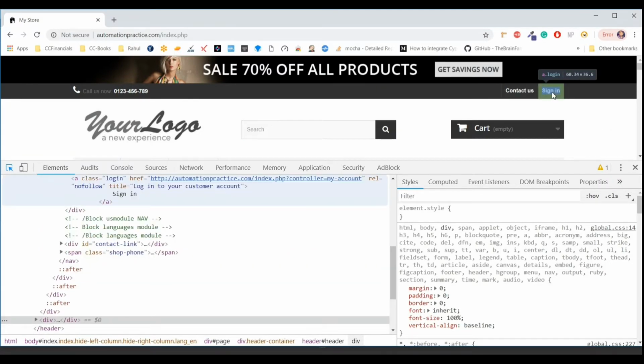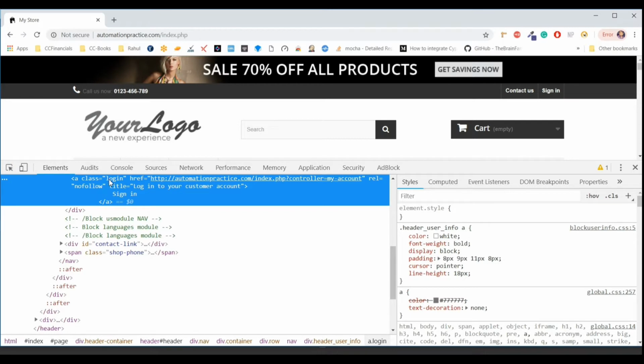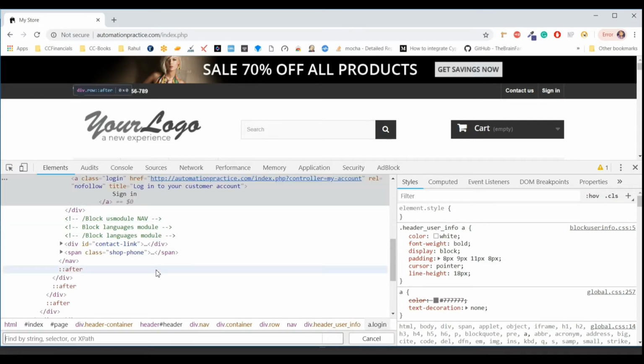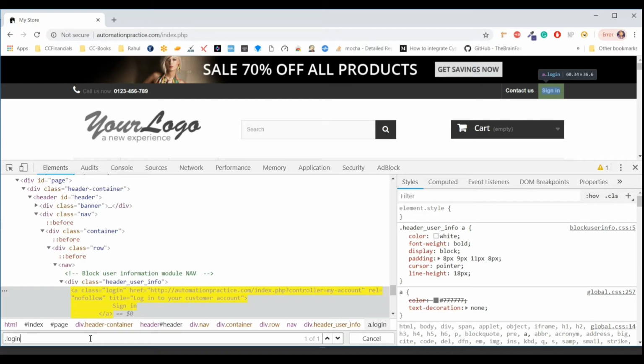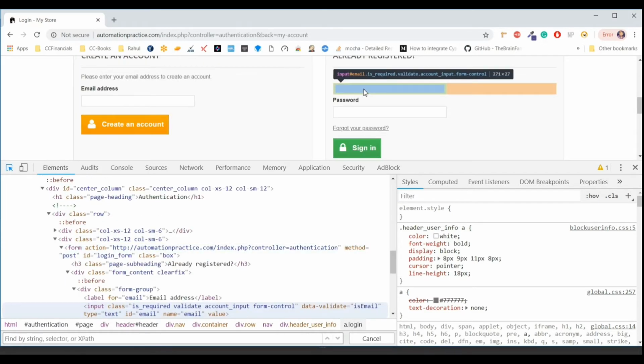Okay, now I'll show you some other locators, how we can use them. So to use the class name, we can use dot and then the class, so it is login. So you can see I used dot login in the previous method.